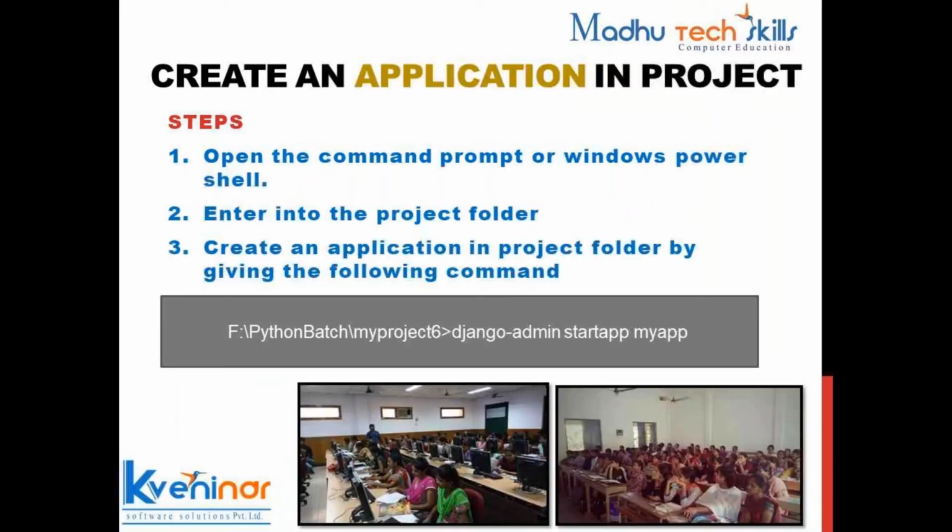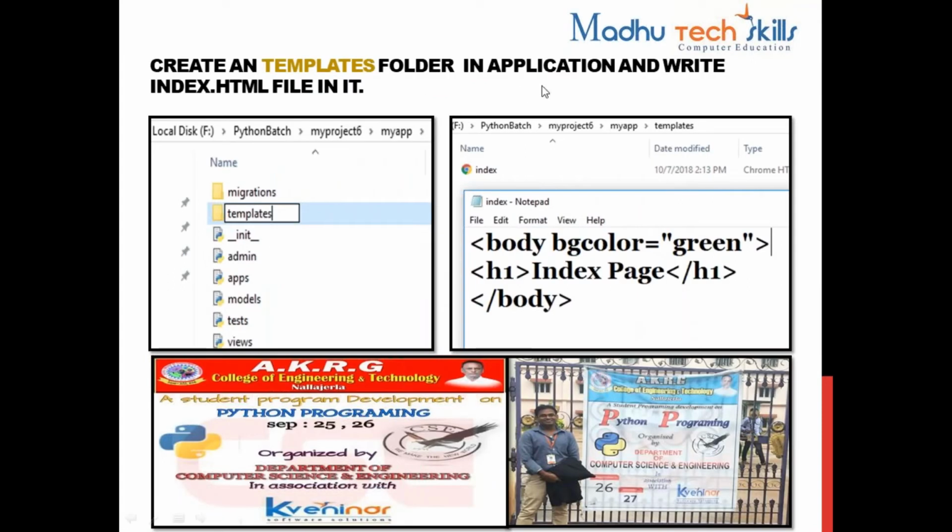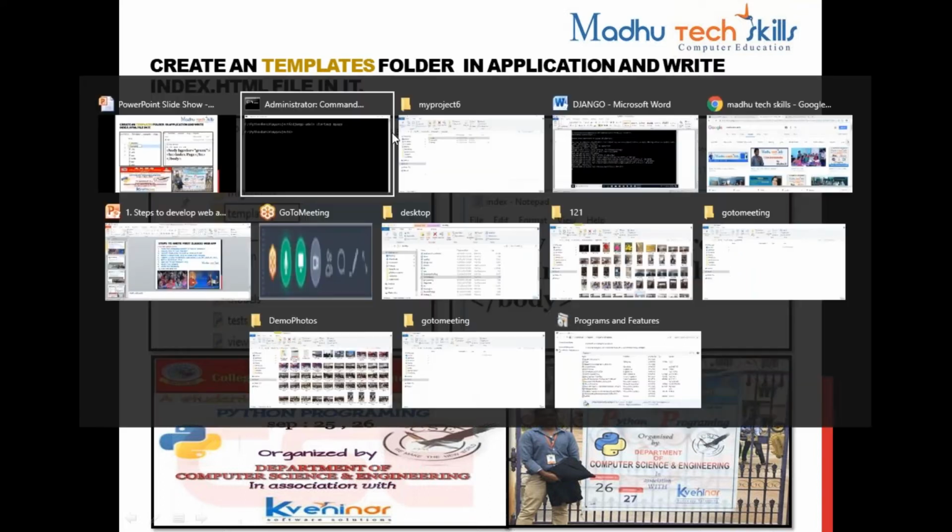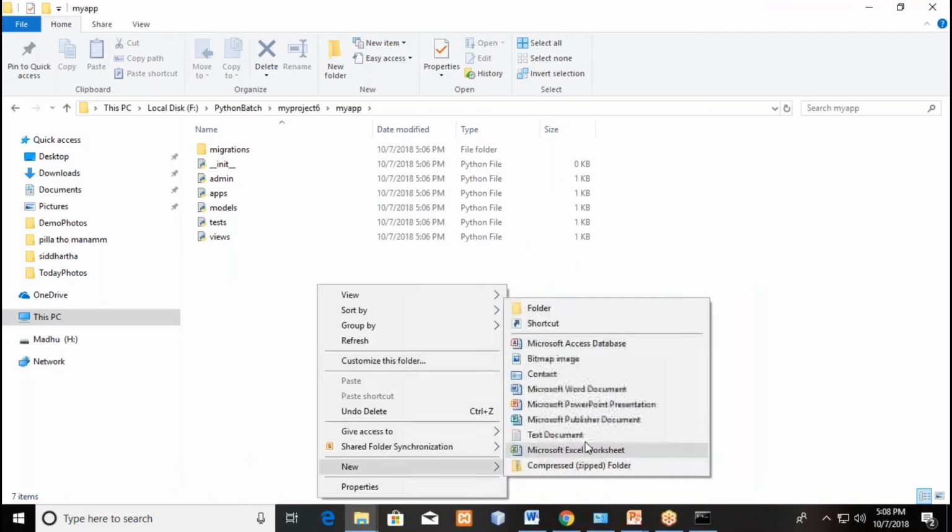We have created an application by using this command called django-admin startapp myapp. Next step, create a templates folder in the application and write the index.html file in that templates folder. So two steps I need to follow here. First, I need to create a templates folder in my app. That's what I'm doing. Going to my app, creating a new folder called